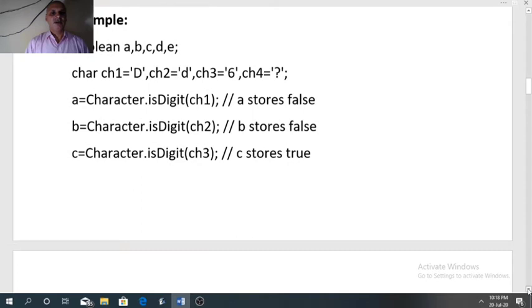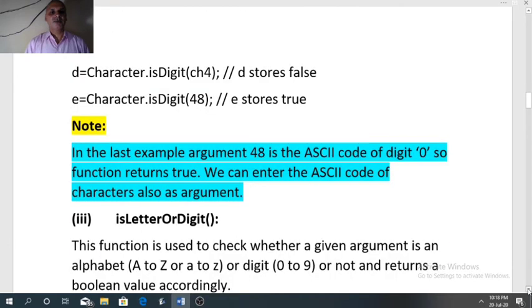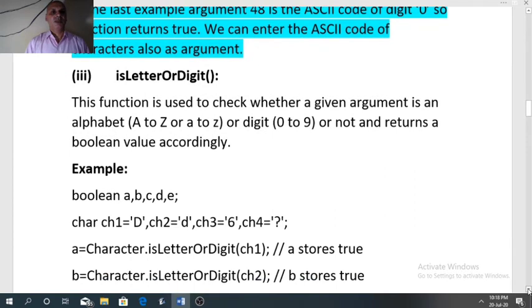Now the third one is the combination of both of them. isLetterOrDigit. Here be careful, capital L I have used here to start the word. Here O is capital and D is capital.